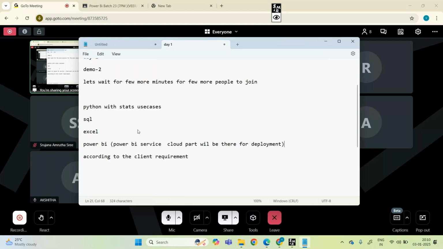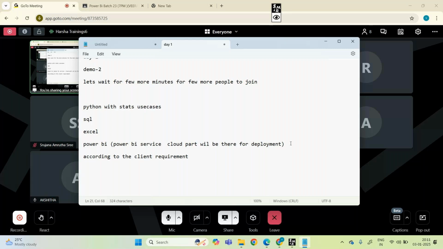With Excel we have to share the report directly. If we deploy in Power BI service, the client can look at it easily, which reduces the burden for him too. Without even downloading Power BI Desktop, he can see his reports and dashboards.